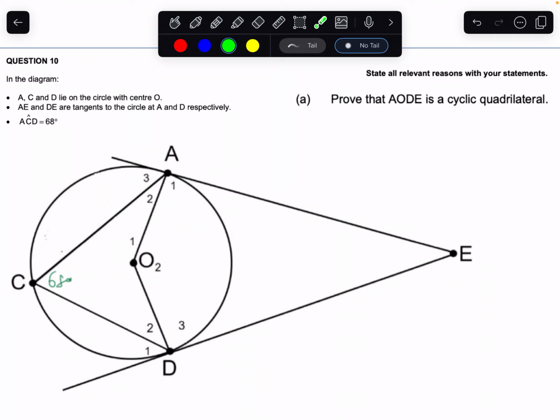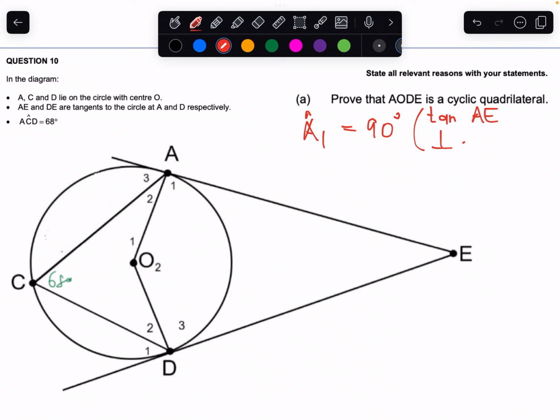But as you've already identified, the one that is available to us right from the jump is that these two are each 90 degrees angle and therefore supplementary. So let's go. So we first have to say OA and O. Do we? We don't really have to. In fact, we really don't have to. What we can do is go straight to saying angle A1 is 90 degrees, and then here in your reason you can indicate tangent AE is perpendicular to the radius